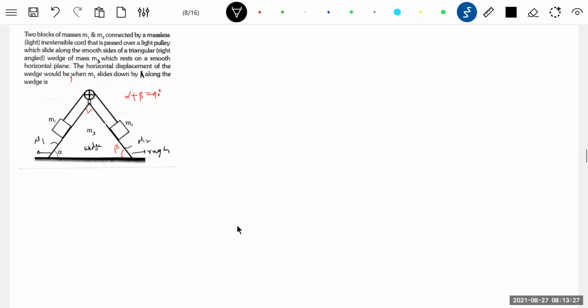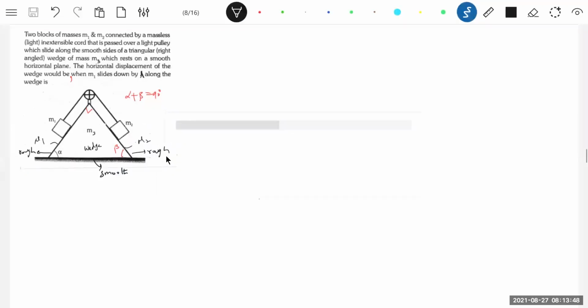Find the displacement of the wedge. Okay, earlier it was a person walking on a plank, but something like this here, how can we calculate the displacement of the wedge? The best formula is like